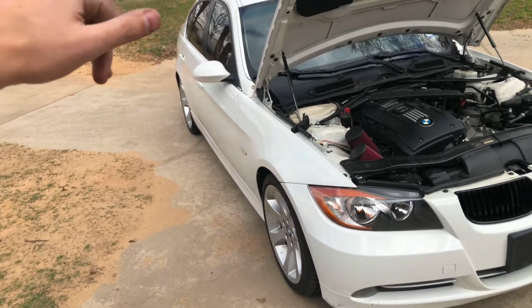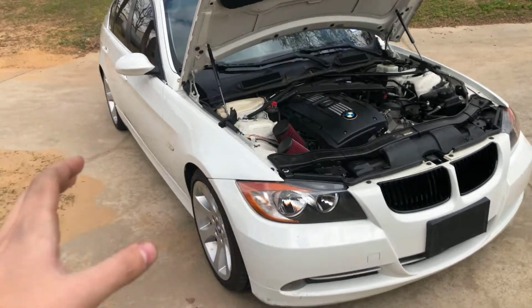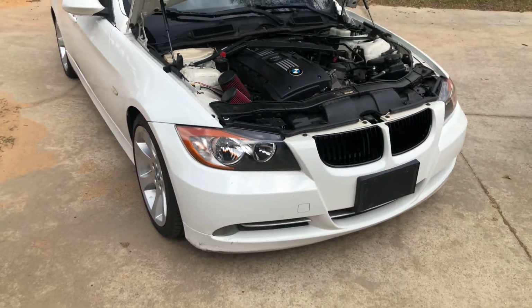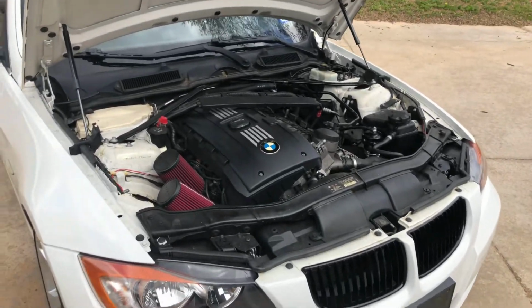I should be having one of my friends. He has a parts car of this exact car. He has this rear bumper that he said he'd just trade me. So we should have both bumpers fixed soon, as well as I'm going to do